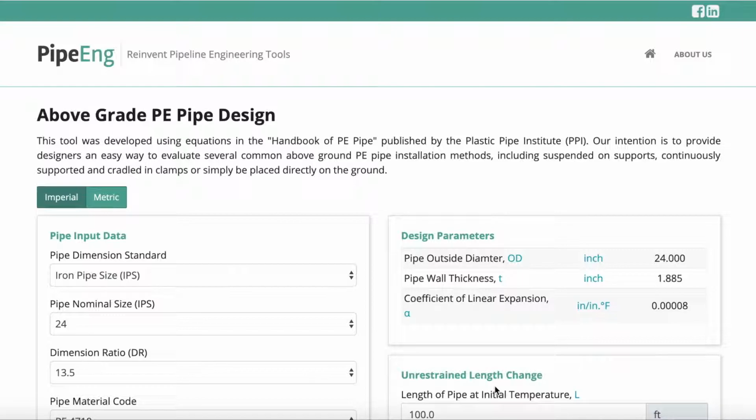When we install the HDPE pipe above grade, sometimes it can be very tricky. Compared to steel pipe, HDPE pipe can have a very significant thermal expansion and contraction under the same temperature change. And it's also very flexible. The good news is we have developed a great tool for you using equations in the Handbook of PE